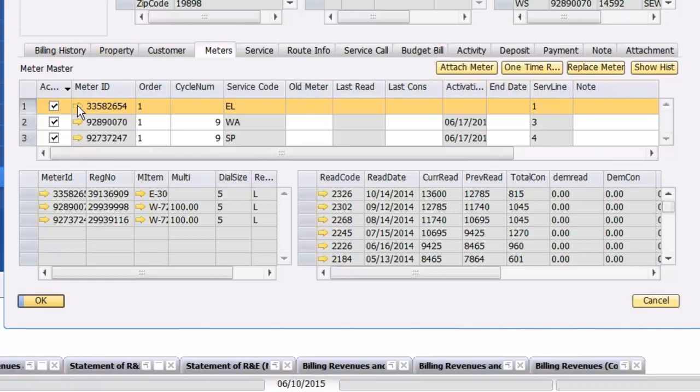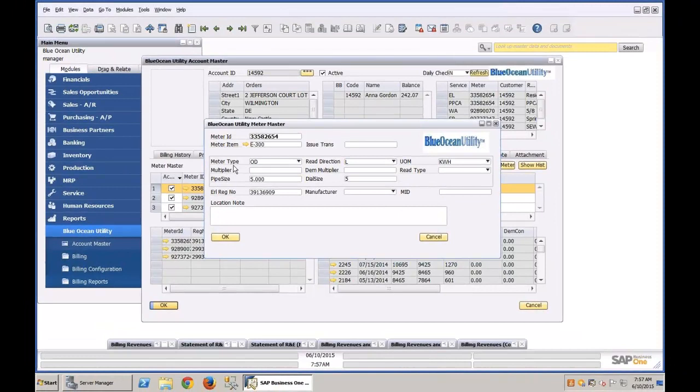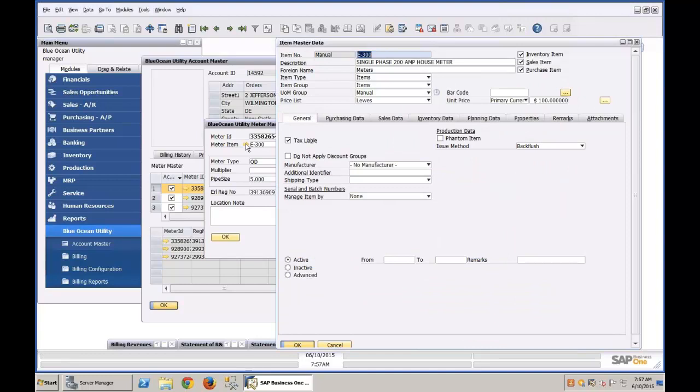If we drill on the meter ID, we'll see a screen that gives us important information about the meter itself. For instance, it's a one dial meter. The read direction is left to right. The dial size is 5 digits. And if we drill further down, we could actually see information about the meter itself, single phase 200 amp house meter,